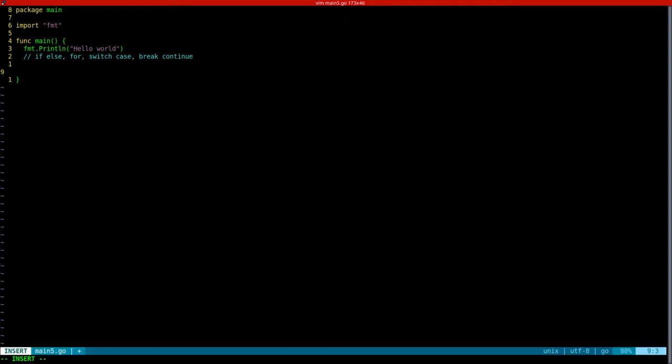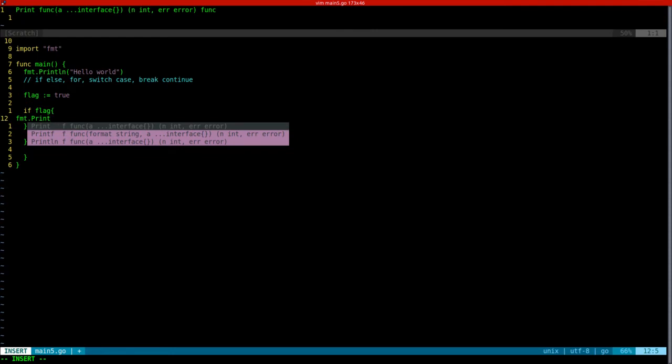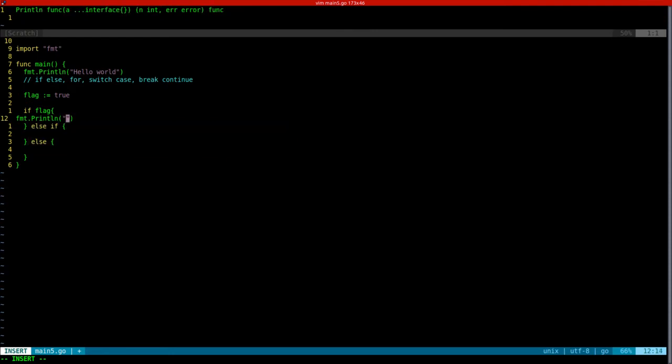So diving into if else conditions, Go guidelines state that the syntax or the format should be like this. You have an if condition, and then you have else if, and then you have an else. One thing to notice is that the brackets here are very necessary. So let me declare a flag as true, and then I can say if flag, then print line true,